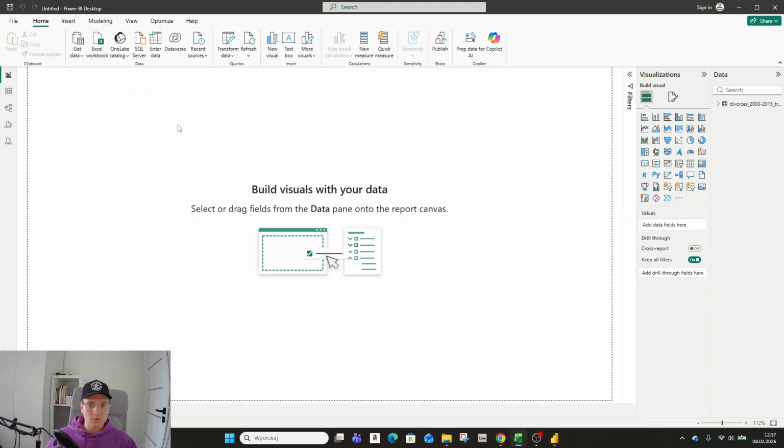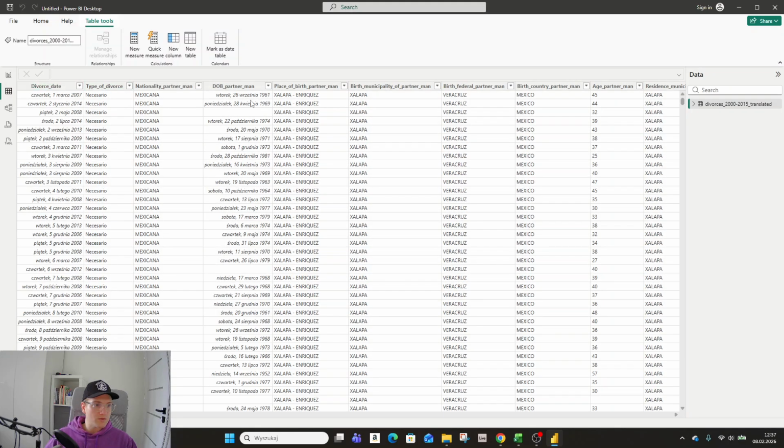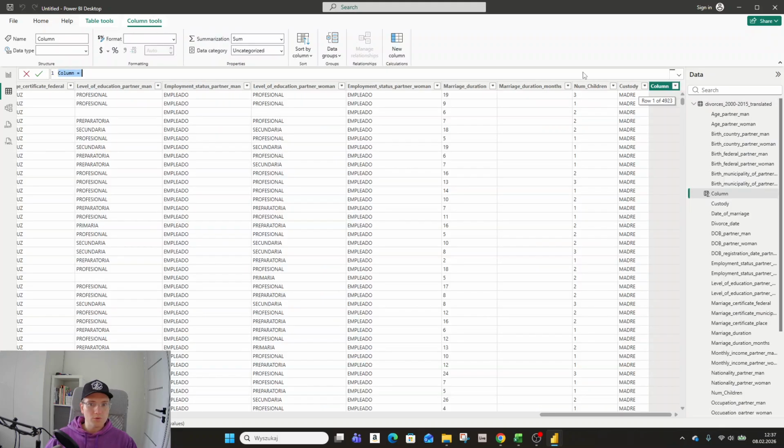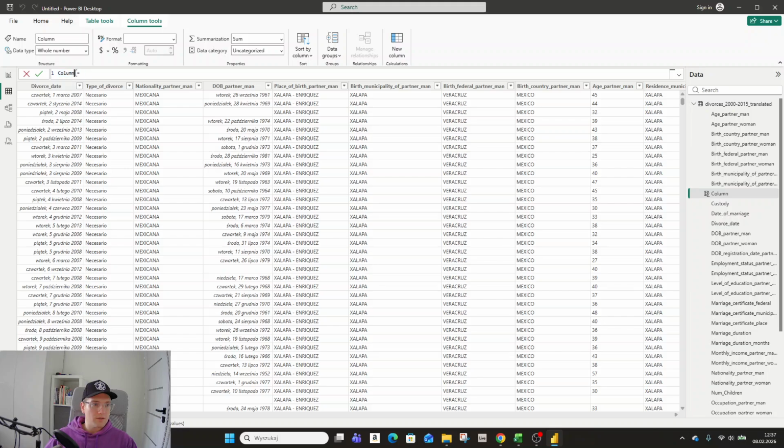So we have the dataset loaded, the table, with information about divorces, divorce dates, and some other information. Here on table tools we have an option of new column, calculated column. So we will use that, and here it will be a very easy DAX expression. It will be divorce age man, and here we will take